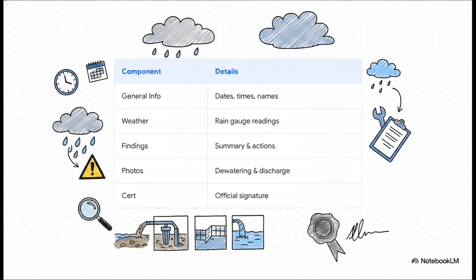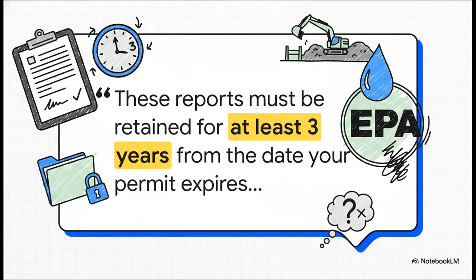And finally, the official certification. It must be signed by the permitted operator or a qualified subcontractor. Once that report is signed, you must keep copies accessible on site. And pay attention to this retention rule. These reports must be retained for at least 3 years from the date your permit coverage expires or is terminated. 3 years! Because let's be honest, if it isn't written down, signed, and retained, in the eyes of the EPA,